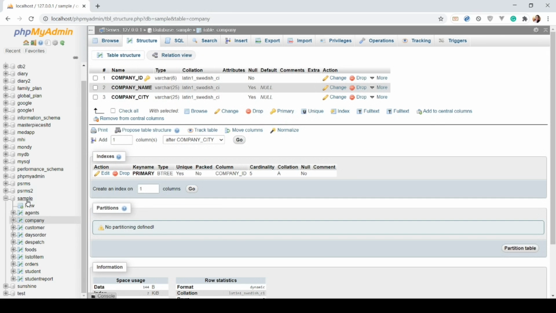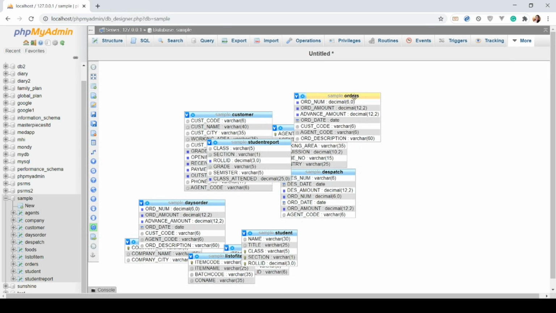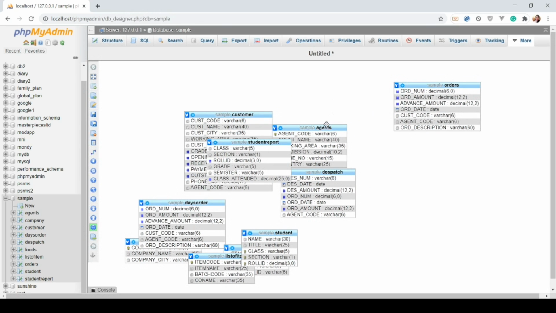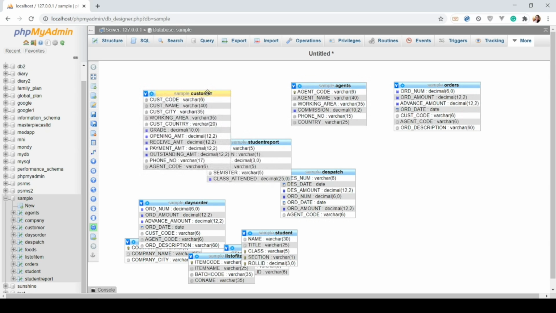So you can actually see a bigger picture of this. For example, if it was already connected to any other entity, then here you will just click the database, and then more, and then the designer. So it is actually similar to the ERD that you are supposed to create.